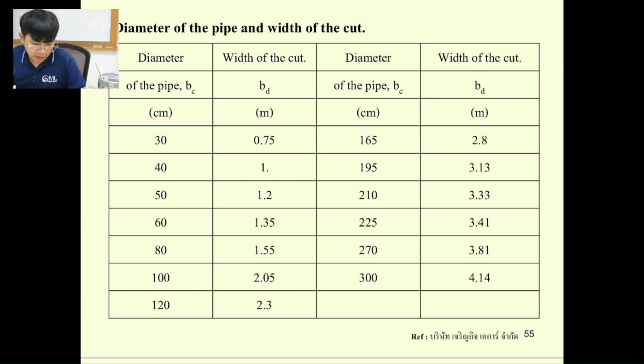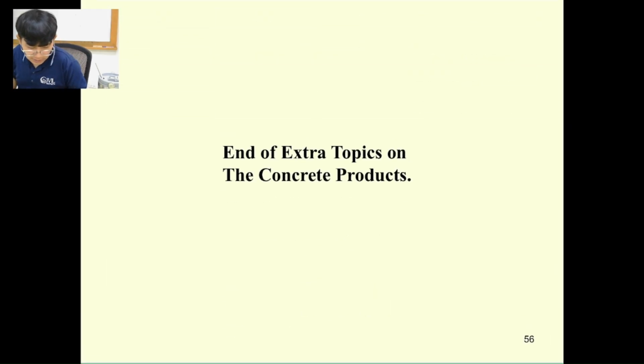And here are the properties over here, and that's it for